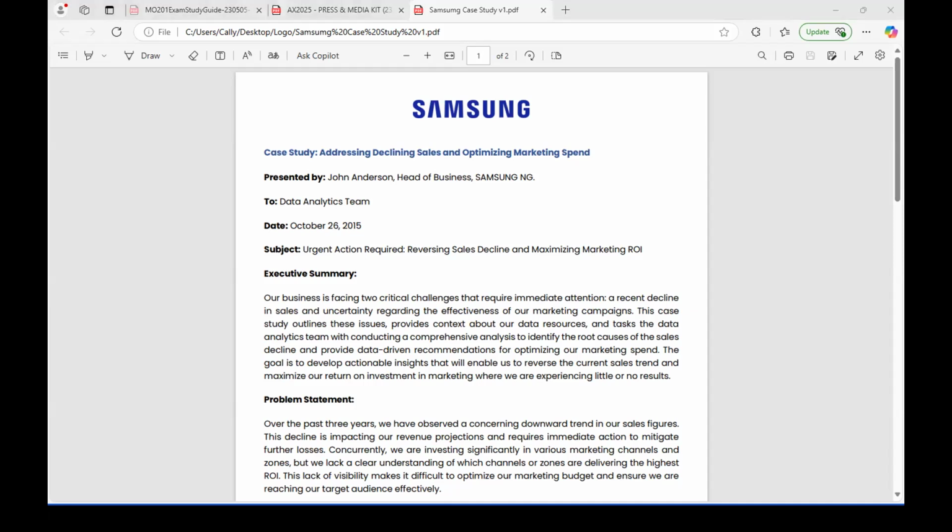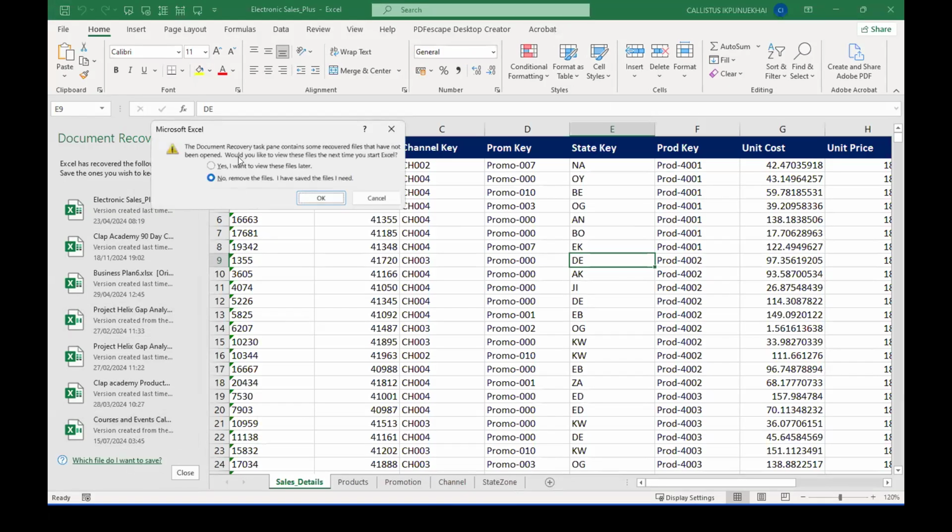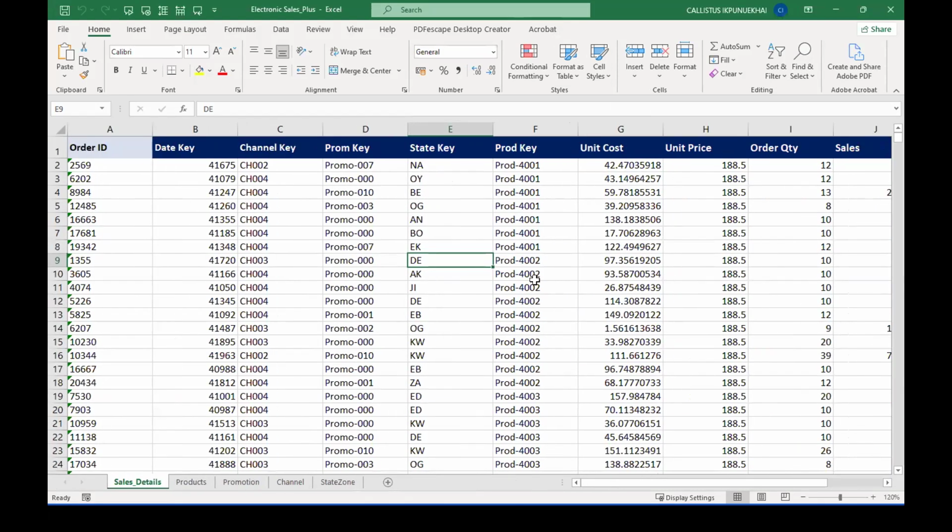What are you going to be doing? You are going to be analyzing the data set that they have given to you. And this is the data set. So how do you begin working as a data analyst if you have been handed this data set? This is what you do as a data analyst. So you have right here in front of you